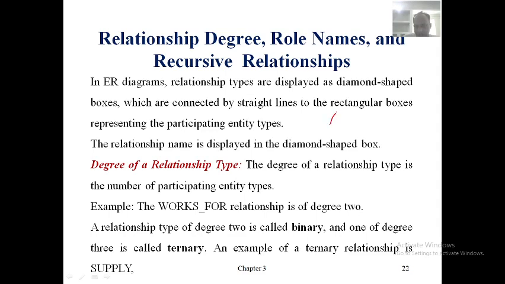Assume that this is the diamond shape. Relationships are represented by diamond shapes, and these are connected by straight lines, and in turn these straight lines are connected by